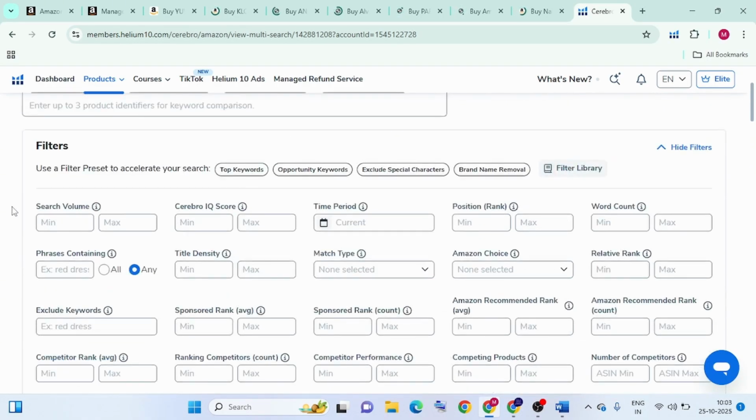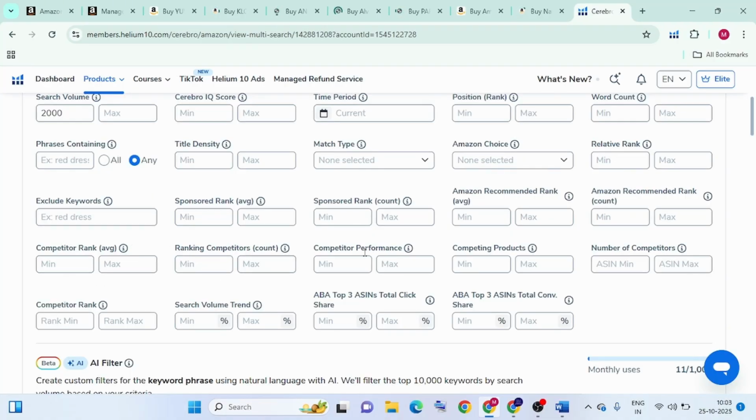So you can simply apply one or two kinds of filters. For the search volume, you can use a minimum of 2000, and